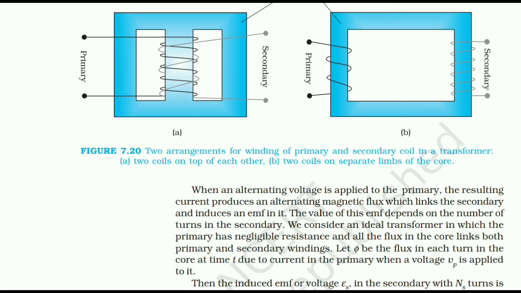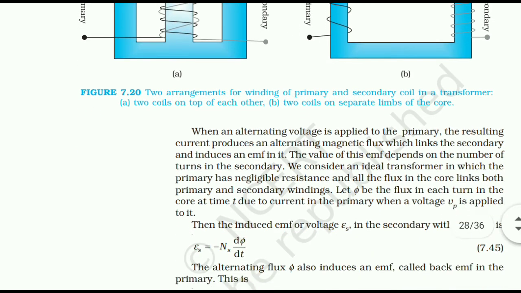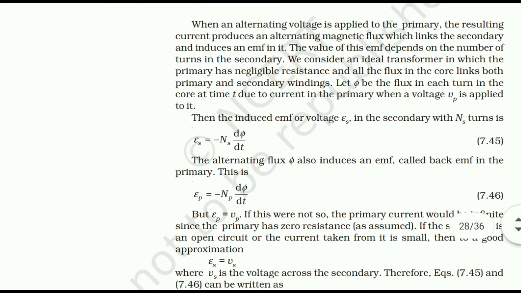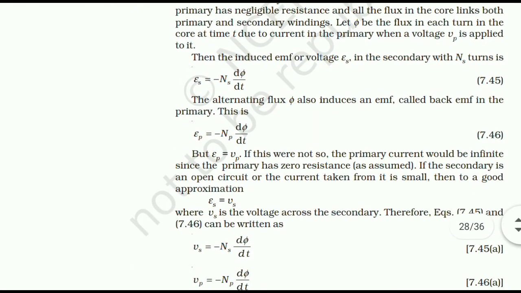We consider an ideal transformer in which the primary has negligible resistance and all the flux in the core links both the primary and secondary windings. Let phi be the flux in each turn of the core at time t due to current in the primary when voltage Vp is applied to it. Then the induced EMF or voltage Es in the secondary with Ns turns is